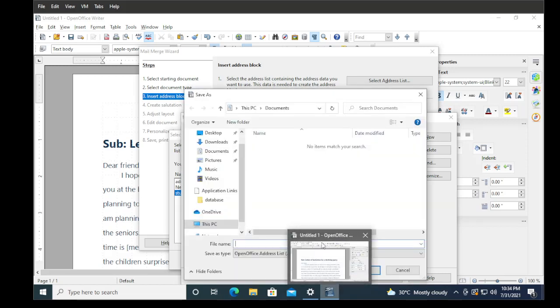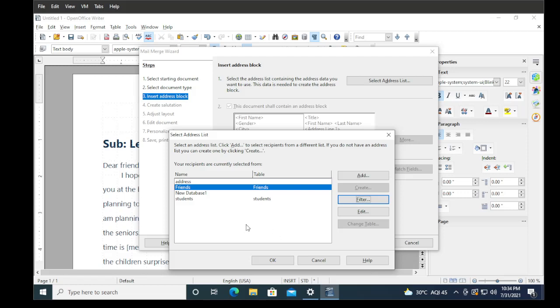Here you can write down the name of the database. For example, I am writing here friends. When you write down the name of the database, don't put a space in the name. For example, if I wanted to write friends record, don't put the space here, just write friendsrecord. But I don't want that, I just want to write friends. My file name is friends. So this is called your database. Then you can click on the save button.